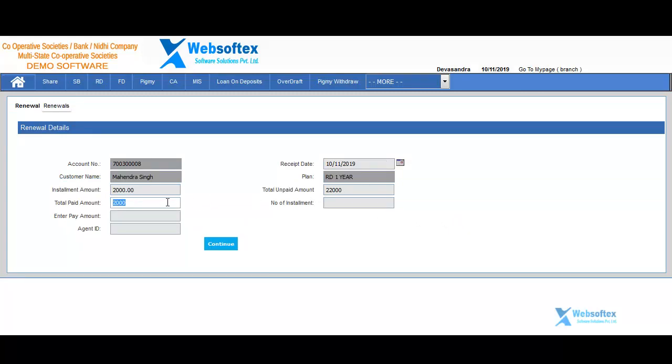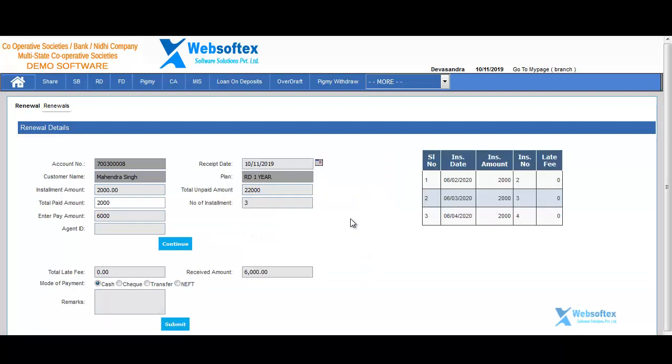For example, I am entering 6,000. Based on the amount you entered, it will show how many installments you are paying. Click on continue. If late fees are there, enter the late fees amount and click on submit. Your RD account will be paid.